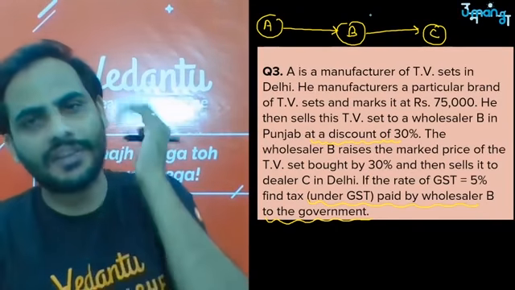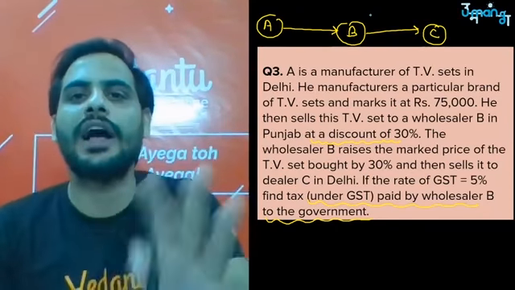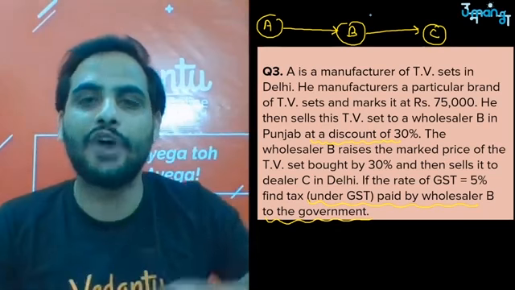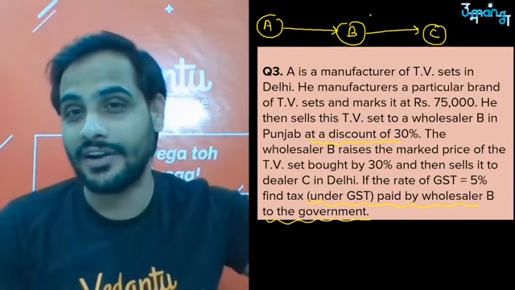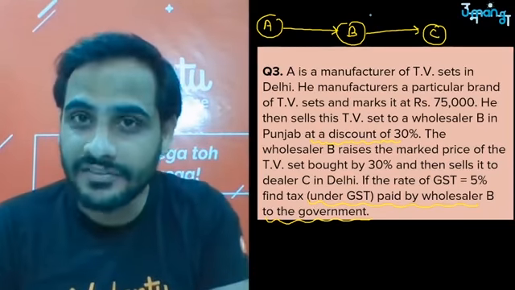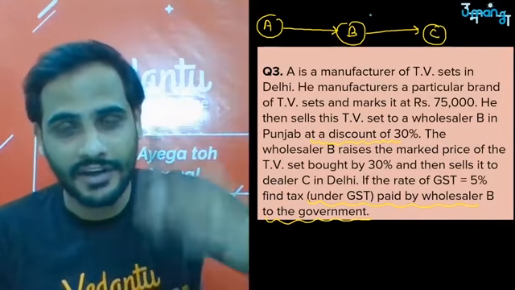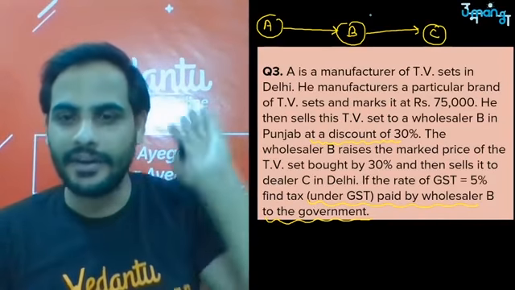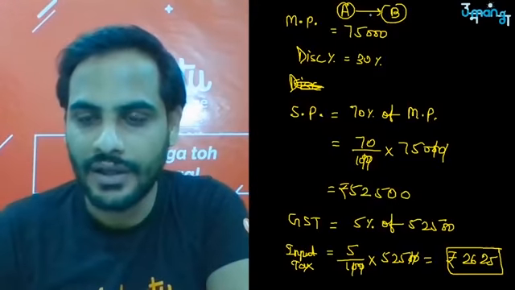So I would suggest that you calculate it together, because they are not asking you separately how much went for the center and how much went for the state. If they ask separately, then in case of intra-state business the tax is divided 50-50 percentage. Got it? So now let's talk about B to C.